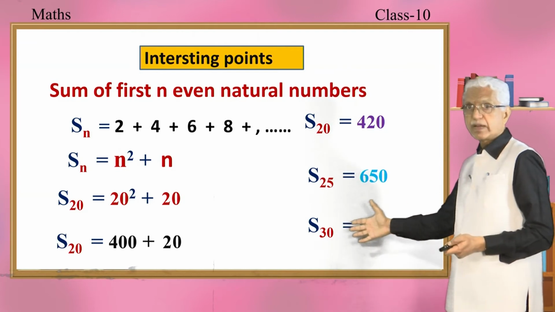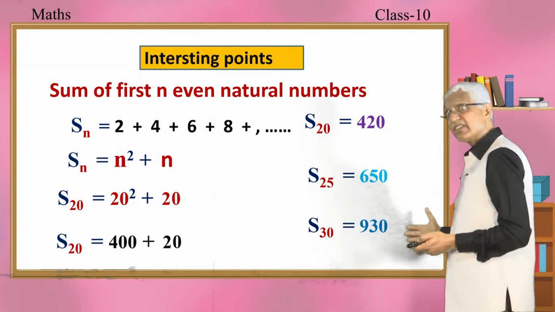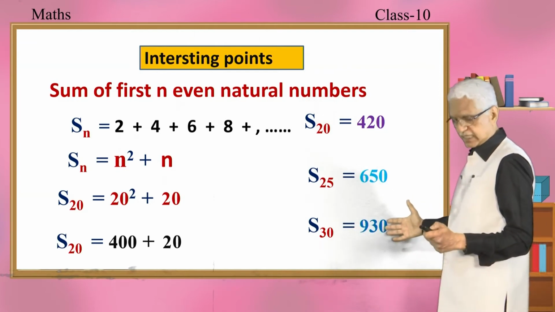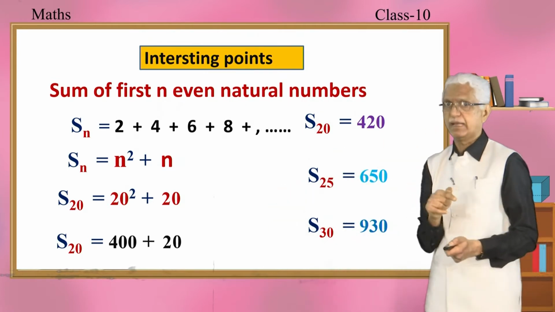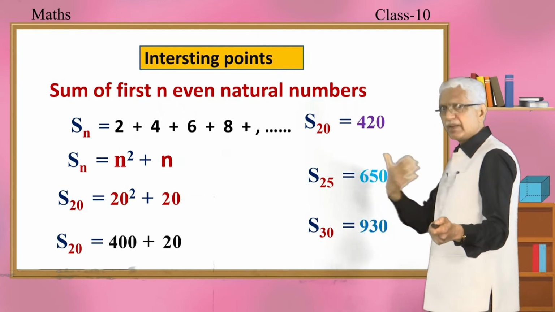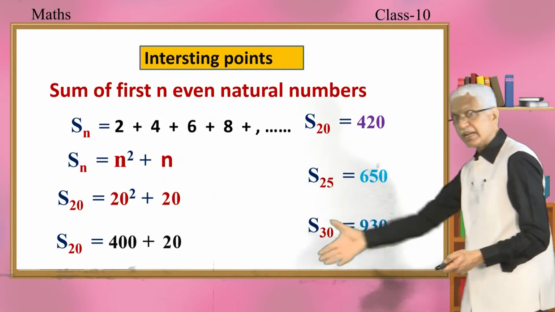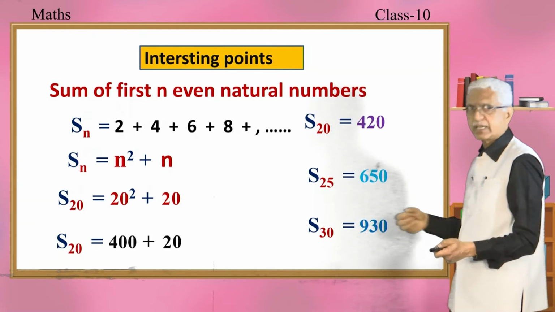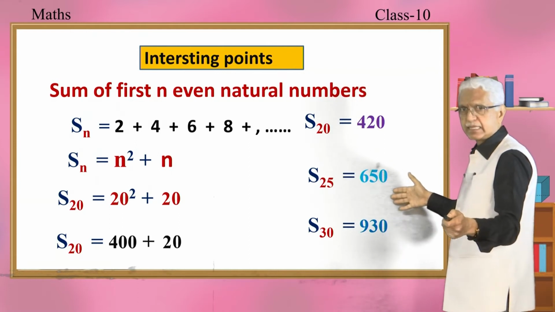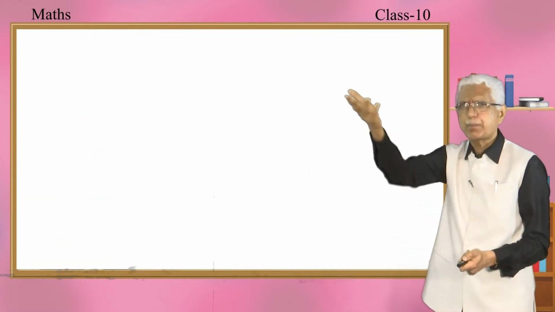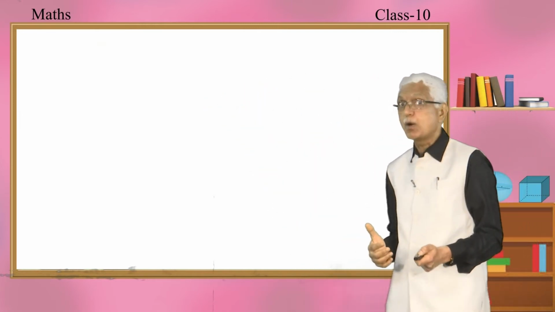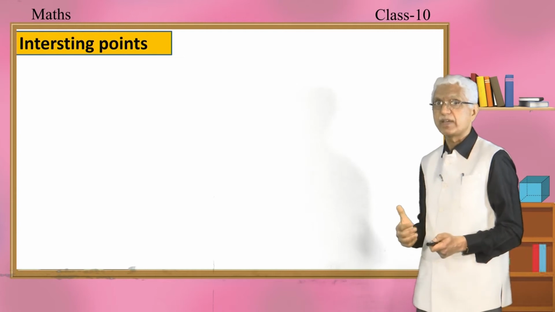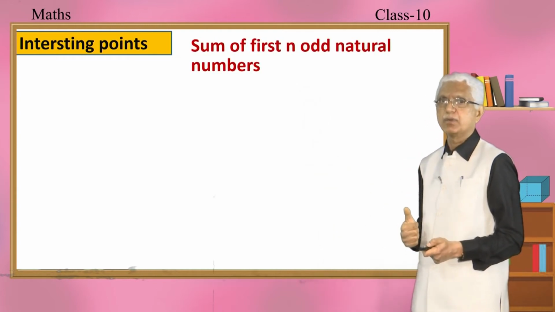Next, you want to find the sum of the first 30 even natural numbers, okay. Yes, 30 square plus 30, they have already given you the formula. Probably we will see in a couple of minutes how we got that formula. So 30 square plus 30: 30 square is 900, 900 plus 30 is 930. Probably now we will be observing how we got that formula, okay.